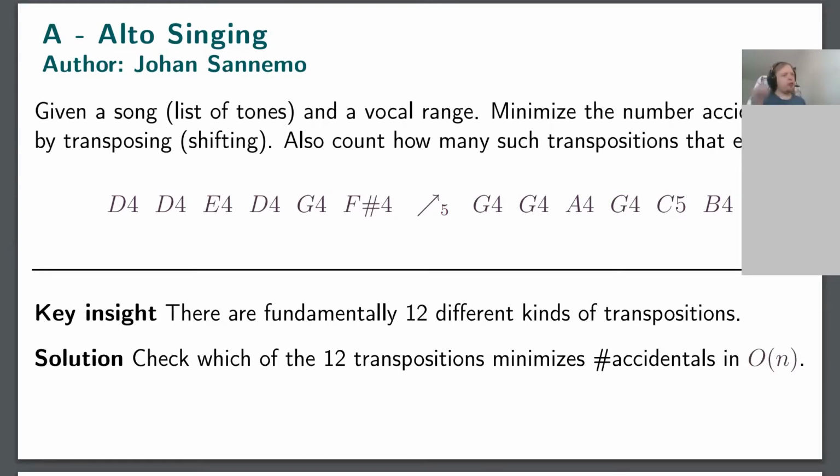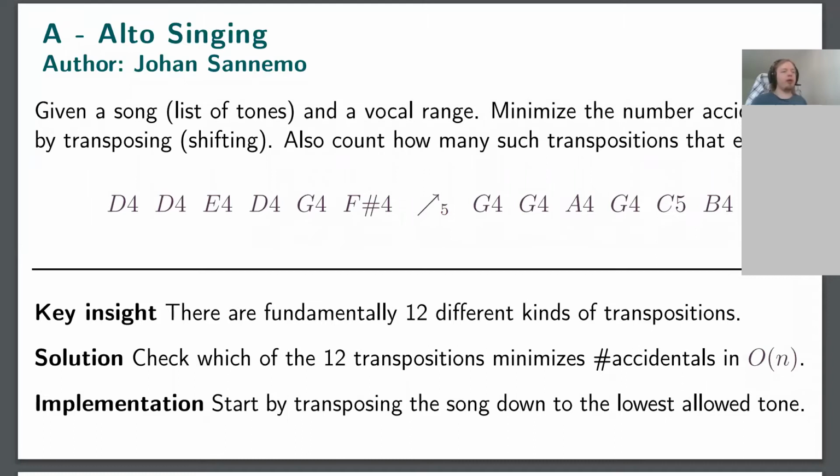What we should do is go through all of these 12 transpositions and see which one of them minimizes the accidentals, or if many of them do. That's also something interesting. That answers the first question: what is the minimum number of accidentals we can get? The second thing we have to do is count how many of